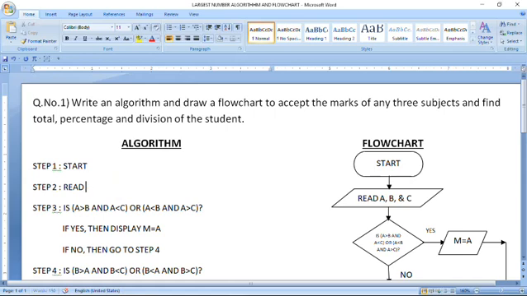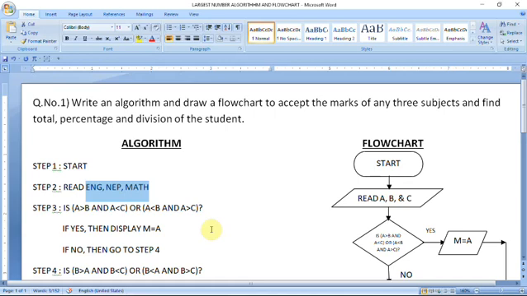First number start and second number I wrote read, and I want to give the name of any subject. I want to give first number English. For English I want to give E. For Nepali I want to give N, and after that for mathematics I want to give M. You can give any variable name, and instead of a short name you can give a descriptive name also. So you can give ENG, this is also correct, NEP, and another like MATH, this is also correct. It depends on you what type of variable you want to declare in your algorithm and flowchart.